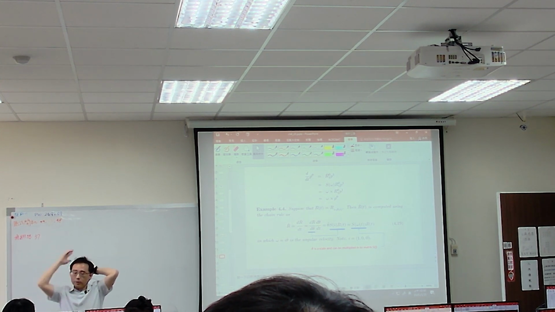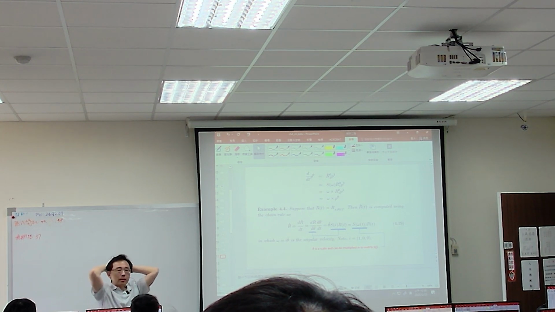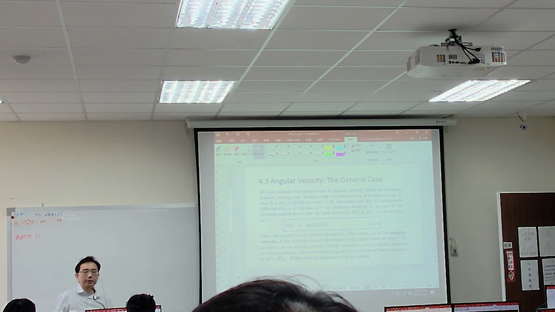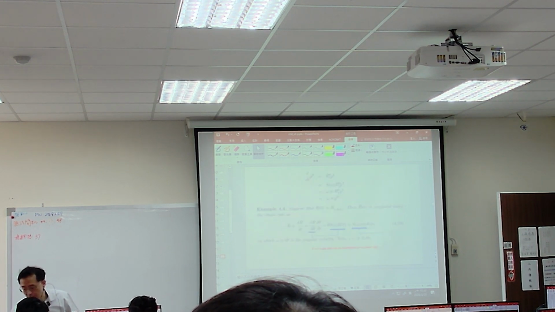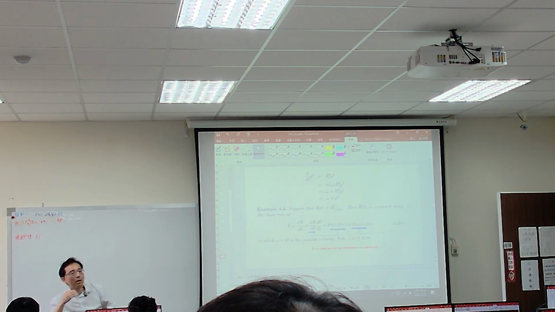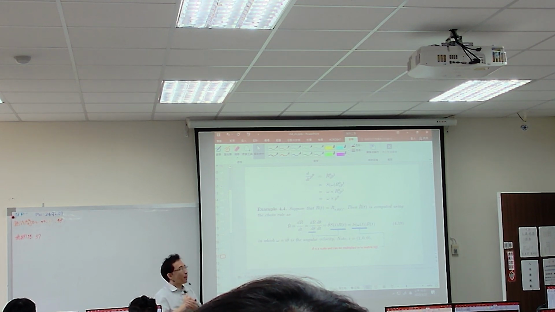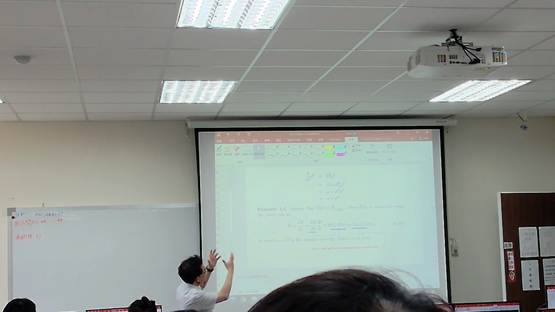If I want to have the linear velocity for P0, I already know P0, and I know how to convert to P0. And although this position vector is in P1, I differentiate with respect to the time variable. Okay, so I can have the formula